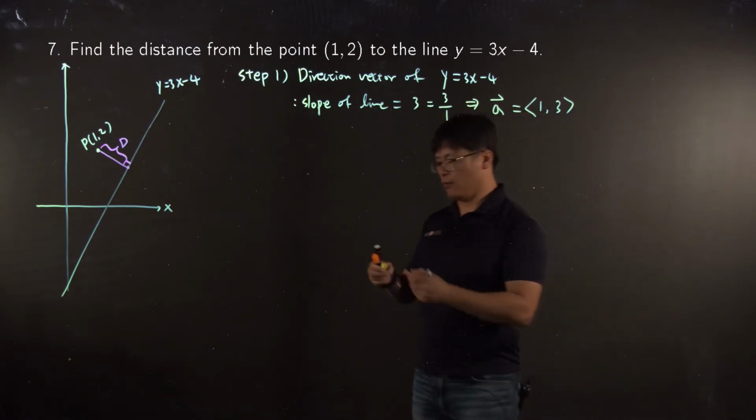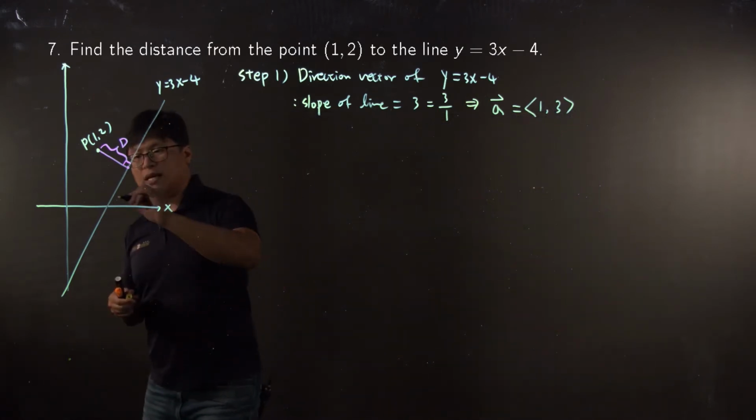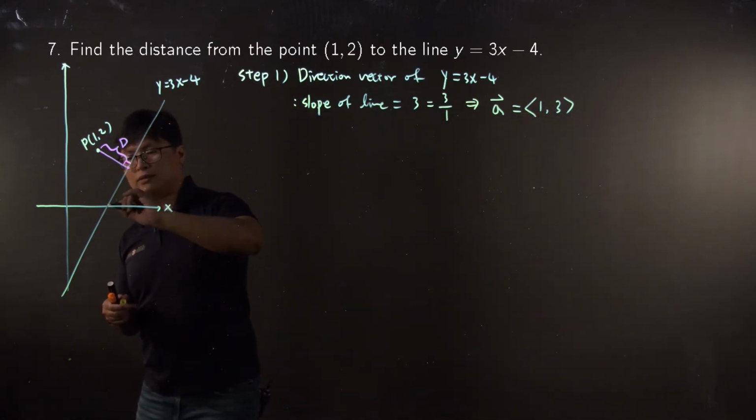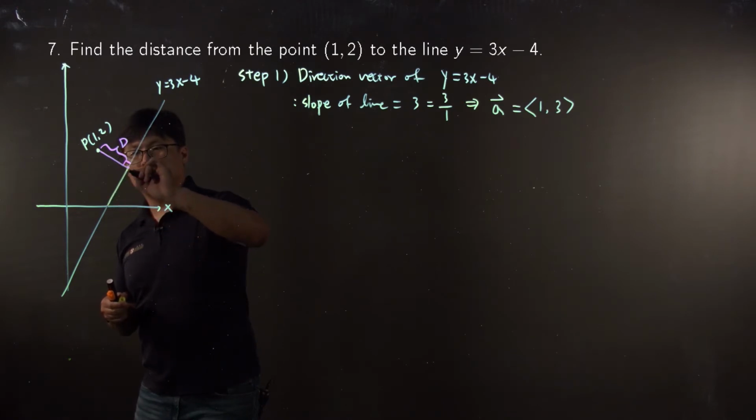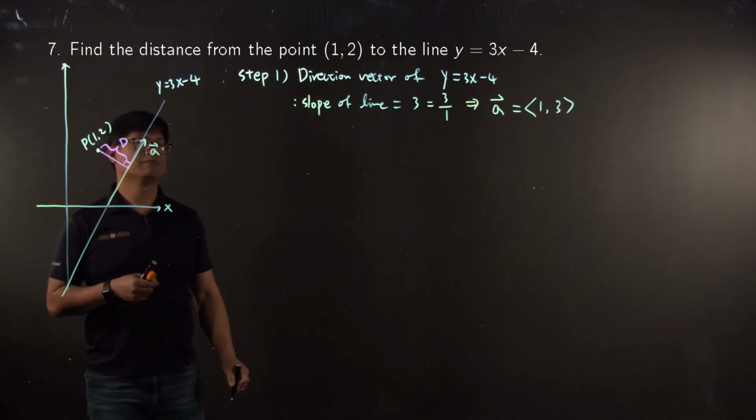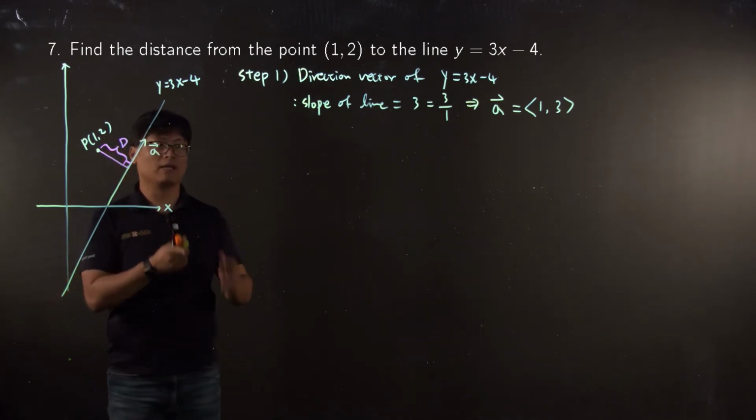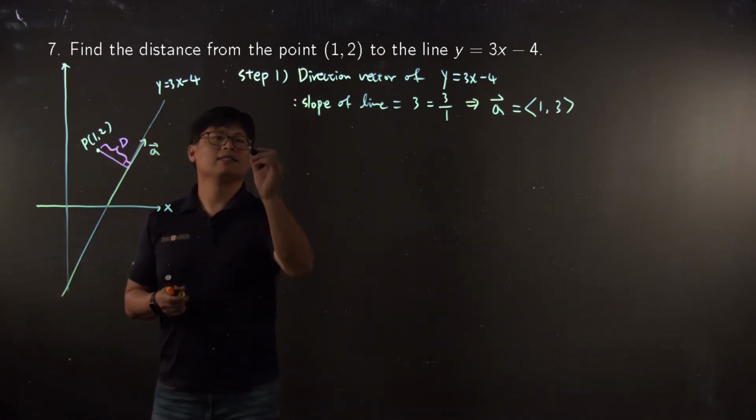Let me come back to the problem. (1, 3) is here somewhere, but let me start from here. This is vector A. Is that clear? Because we found the direction vector of the line. And then step 2,